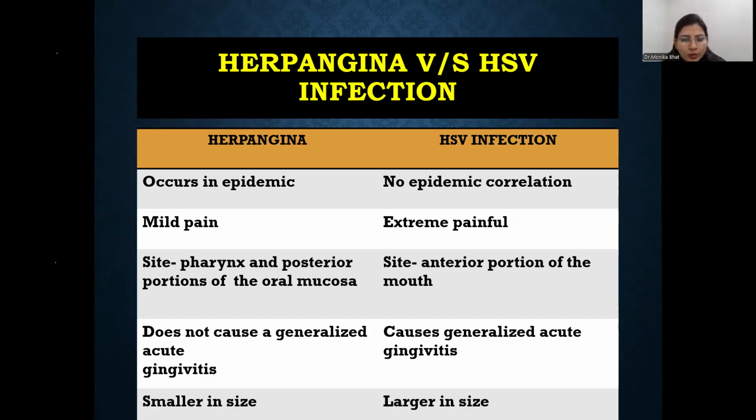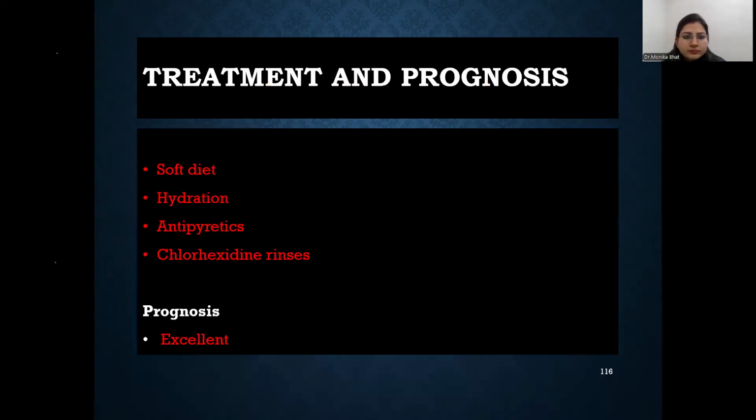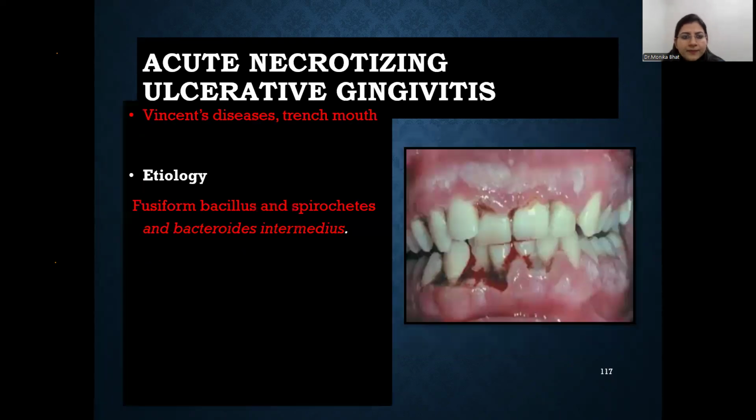Herpangina ulcers are smaller in size, while HSV infection ulcers are larger. Treatment: a soft diet is advised in herpangina, and hydration because it's a viral infection, then antibiotics to treat the fever, and chlorhexidine rinses to avoid poor oral hygiene because the patient is already having pain. So the prognosis is excellent. Then another category is acute necrotizing ulcerative gingivitis, which is also known as Vincent's disease